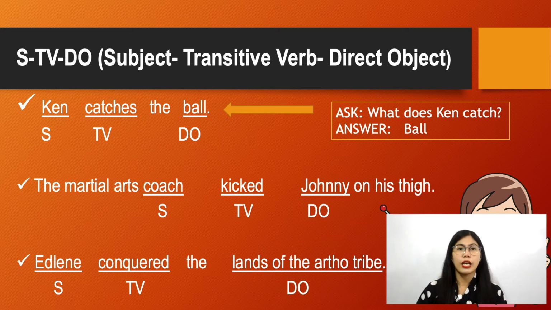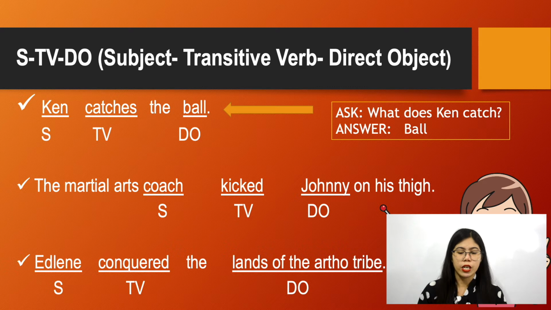Another example. Edlin conquered the lands of the Arthur tribe. Can you find who is our subject here? Okay, very good. So our subject here is Edlin because she's the one who conquered the Arthur tribe. The transitive verb is conquered and the direct object is the lands of the Arthur tribe because it answers the